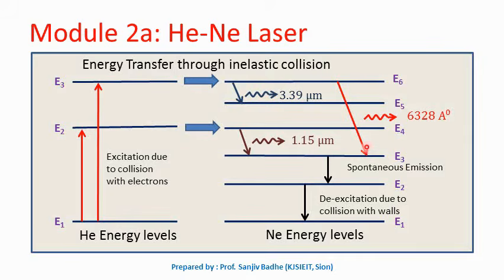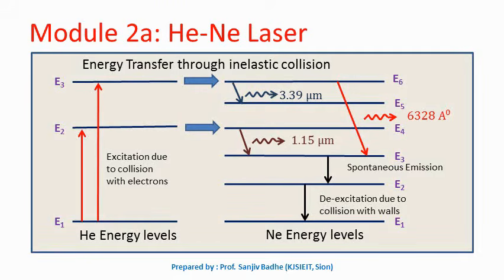We can get a laser beam of wavelength 6328 angstroms due to the transition occurring between E6 and E3, and we can get another laser beam of wavelength 1.15 micrometers or 11,500 angstroms due to the transition between E4 and E3. When the atoms come to E3, they will fall down to E2 due to spontaneous emission of radiation. So the population inversion will be continuously maintained between E3 and E6 or E5 and E6, because atoms will not stay in E5 or E3 for a long time. They will immediately fall down due to spontaneous emission.